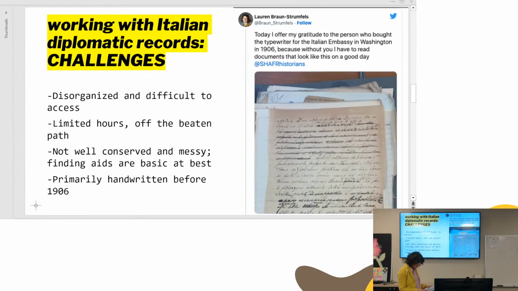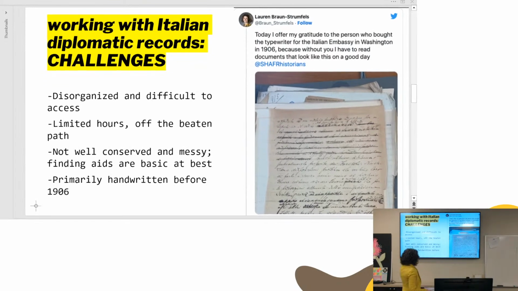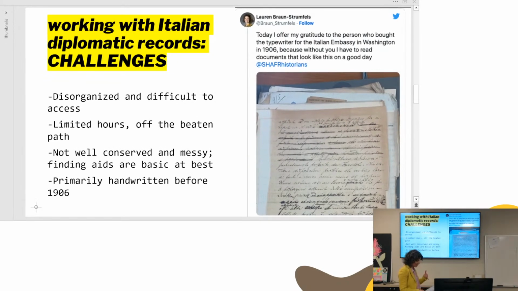Okay. So while we can see right before that the nature of the relationship between Italian diplomats and U.S. policymakers and immigration officials was fairly close and intimate, and sometimes even personal, what we also see is that understanding that relationship requires a set of skills that I had to develop over many years.